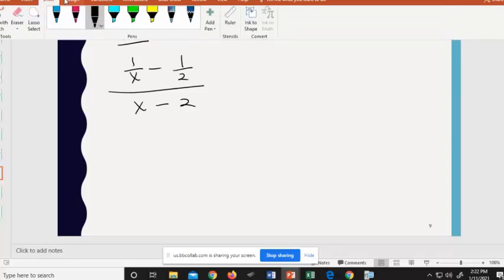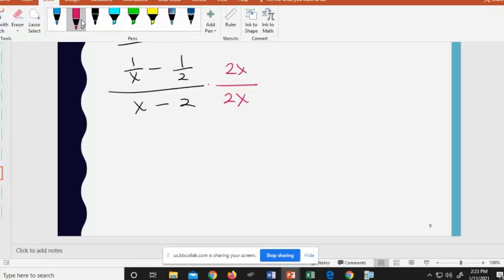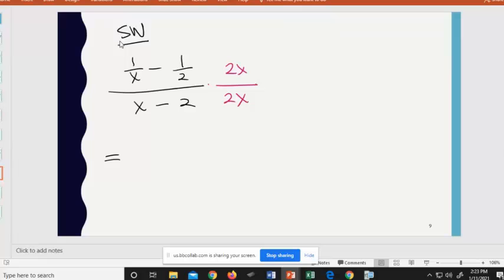Okay, how nice is that? So we're going to multiply the numerator by 2x, but don't forget you have to multiply the denominator by 2x as well. And now let's distribute and see if it works out a little bit nicer. So that's equal to